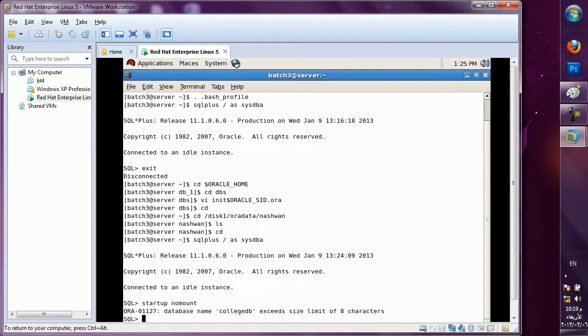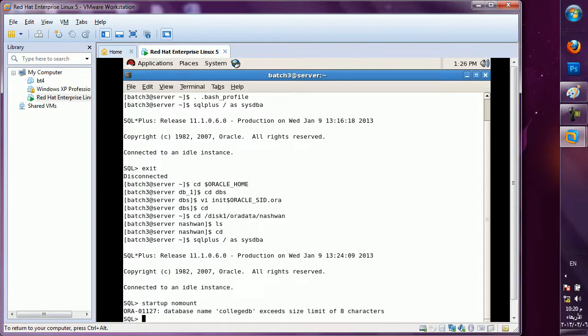So the limit is 8 characters. One character we have to remove. Just we will change the name of the database now. We will reduce the size of the database name.